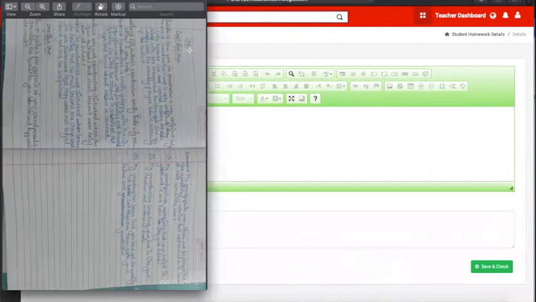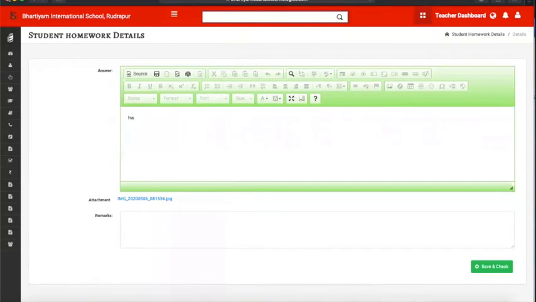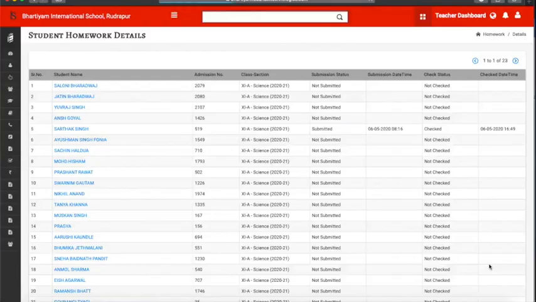Now it is opening, and this is the homework that Sarthak has done, which sir can just have a look at, on whether it is right or wrong. And thereby, if he feels that, okay, everything is correct, he can just mention correct, good work, and he can click save and check. As he says save and check, now Sarthak Singh's homework has been checked on 6th of May, 4:49. As you can see, it is evening 4:49. So the time stamping is also coming.